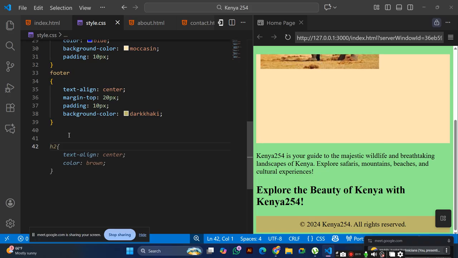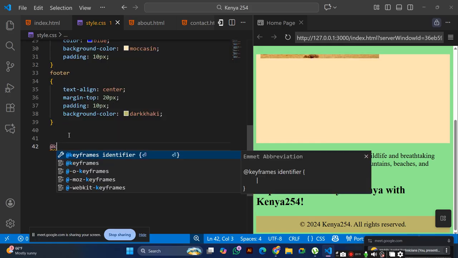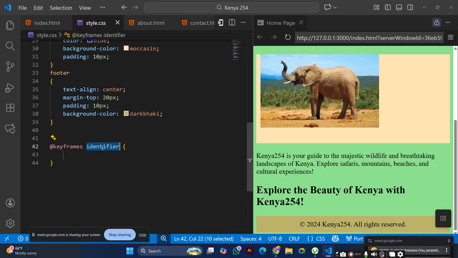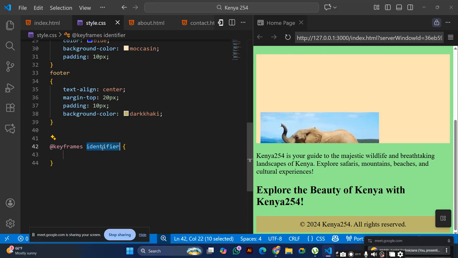Then you say at keyframes. Then here you call it the name blinker.